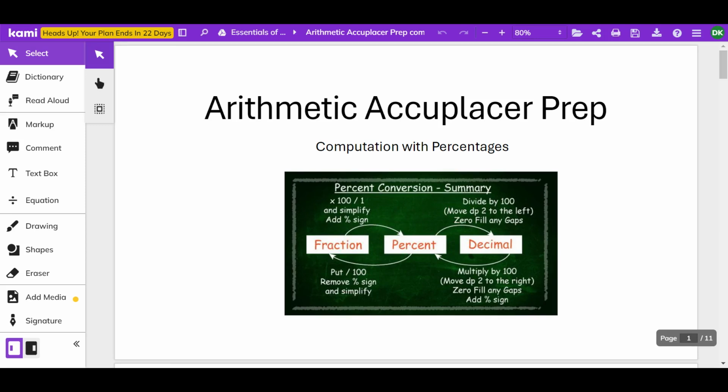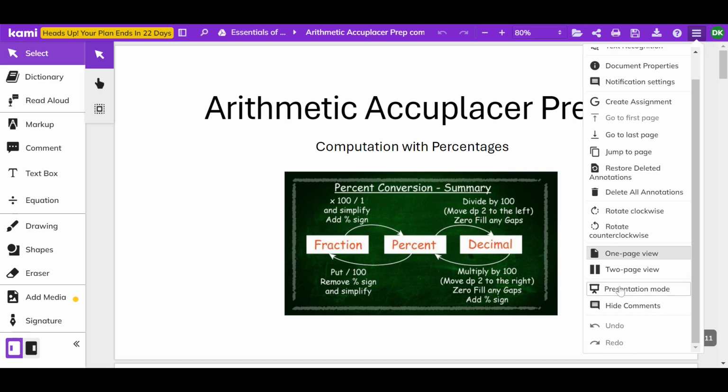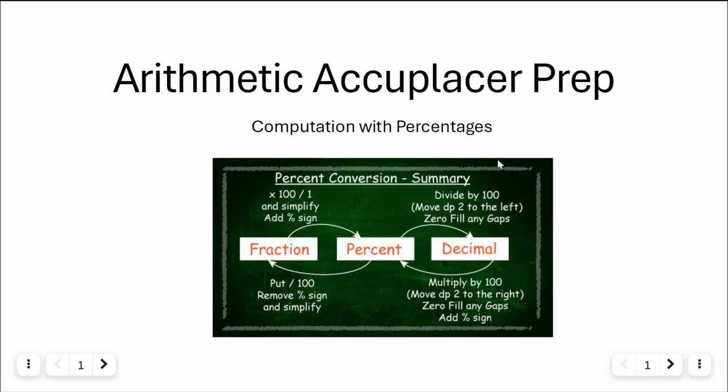Today we're going to be talking about percents and doing computational problems with percents. Okay, so you may remember this: what is 50% of 20, right? You've done this before. So let's take a look. We'll remind you how to do it. There's a couple of ways that you can go about it, and then we'll do some practice and make sure that